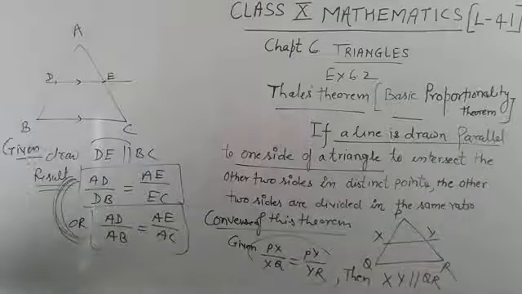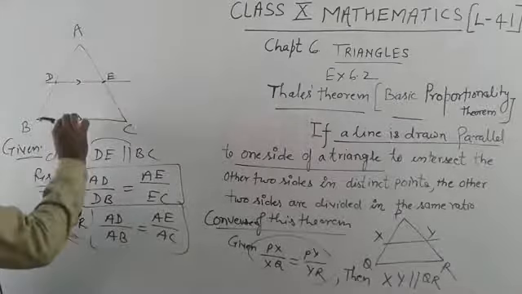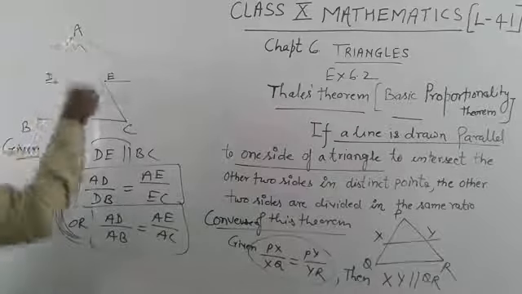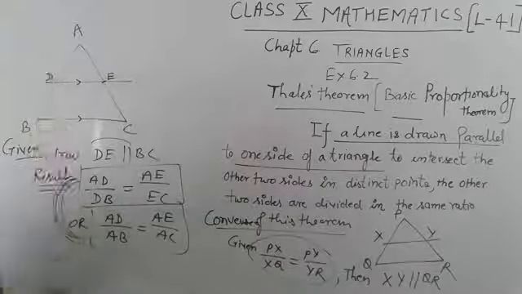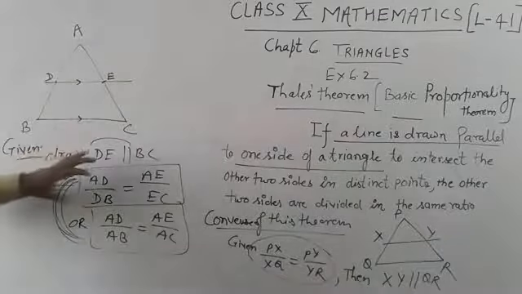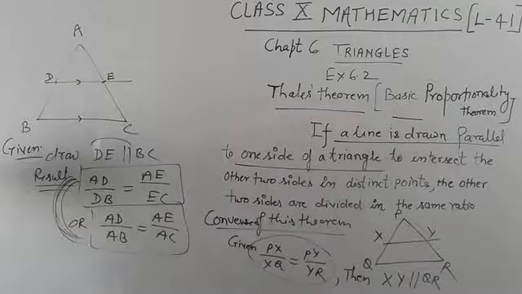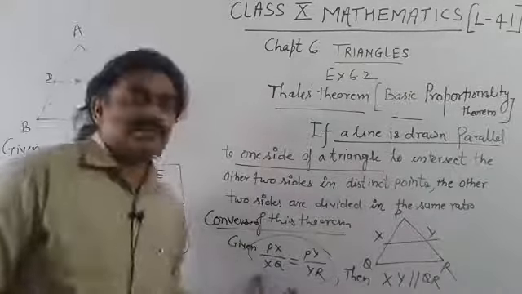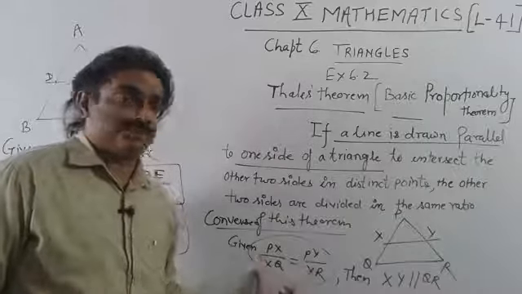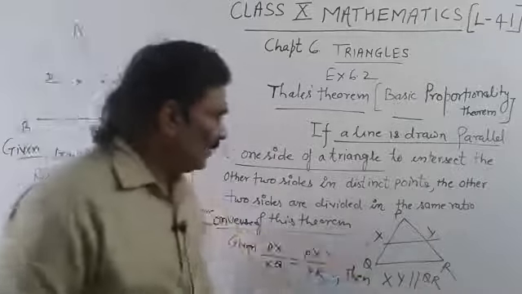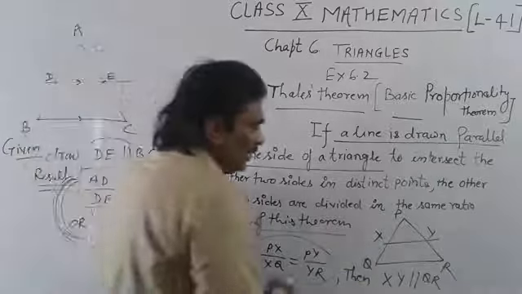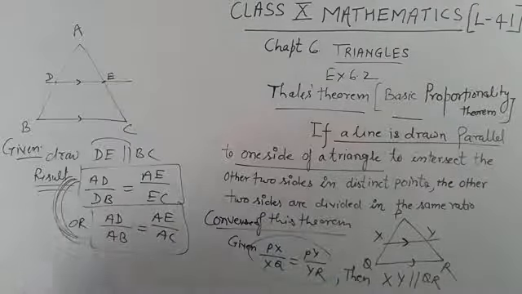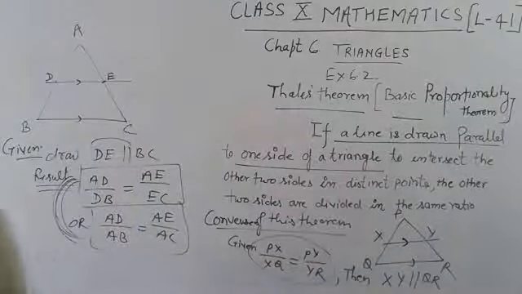If we have a triangle and we draw a line parallel to any one side of the triangle, the parallel line intersects two sides at distinct points, and these points divide the line segments in the same ratio. So in this case parallel lines are given and we have this result, but in the converse case the same ratio is given, and if the ratio of division by X and Y is the same, then we can say XY is parallel to QR. So here we have discussed Thales theorem and its converse in short. Okay students, so write down this statement.